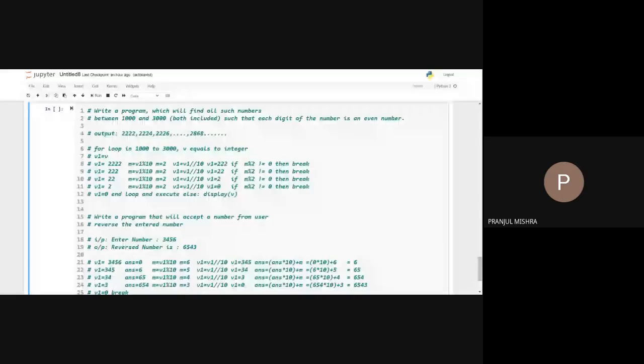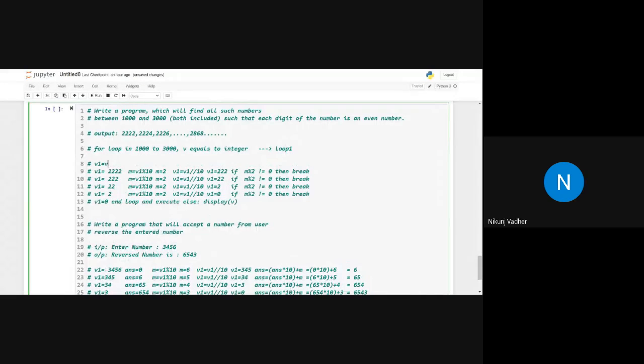Now my screen is visible to you, right? Here, this selected portion, you have to implement in the inner for loop. So basically, you have to take two for loops. The first for loop is for defining the range, and the entire line number 8 to 13 will be loop 2.